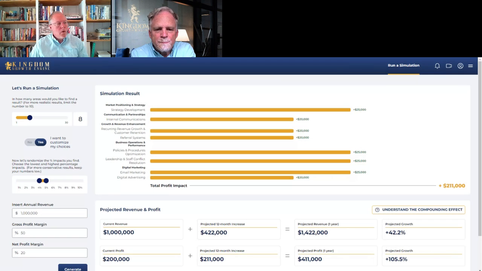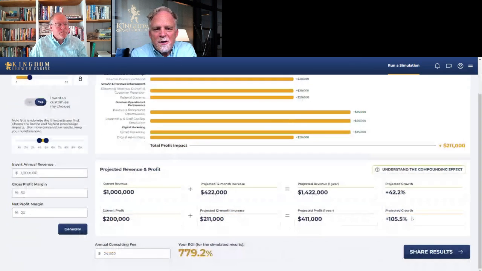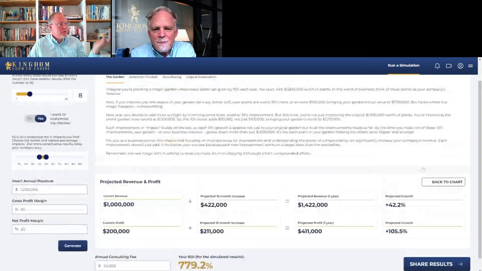And so each one of those percentage increases are based on the previous increases that we've already achieved together. And so the compounding nature of money is really important to understand. The reality is that in the global population, there are very few people who actually understand compounding interest because they've never had enough money to invest in order to receive it. And then you have the button there to understand the compounding effect, if you struggle with that.